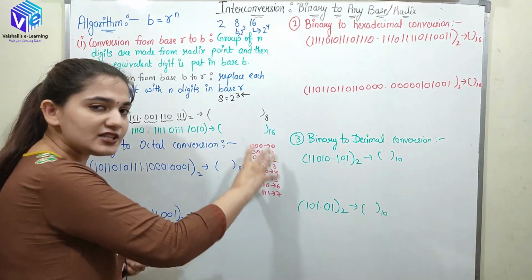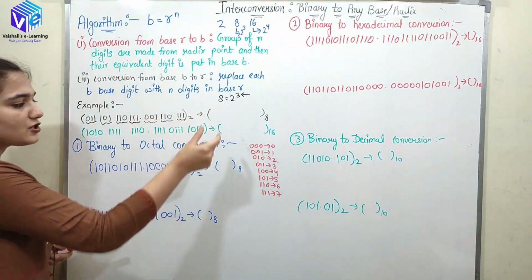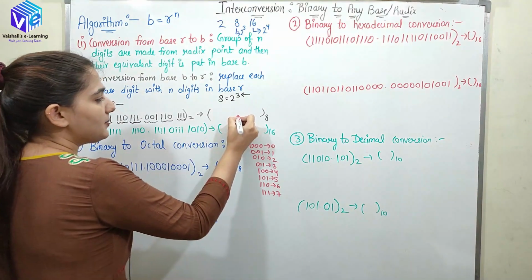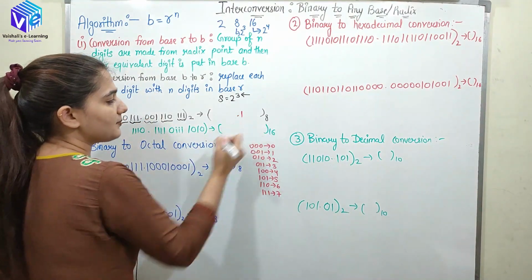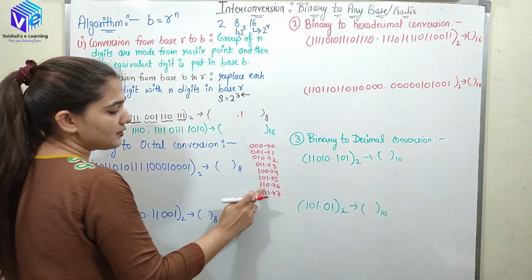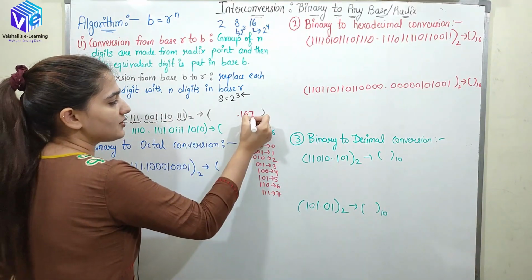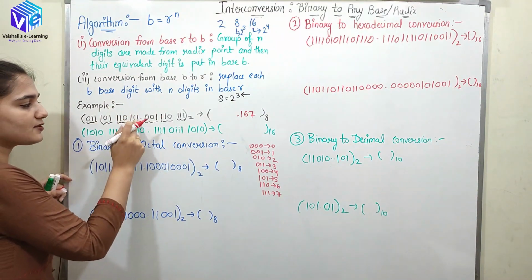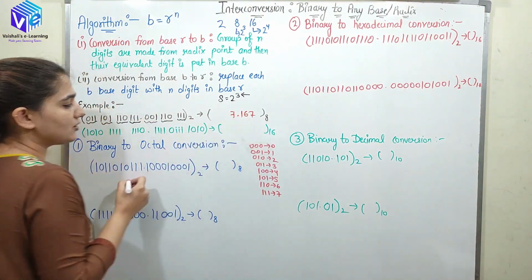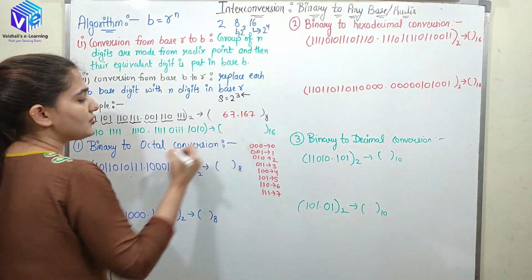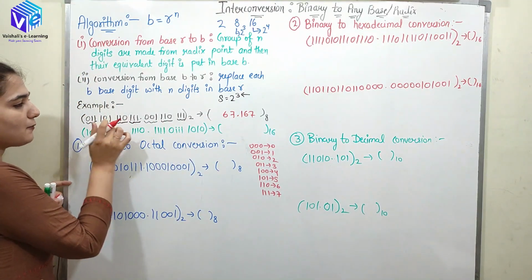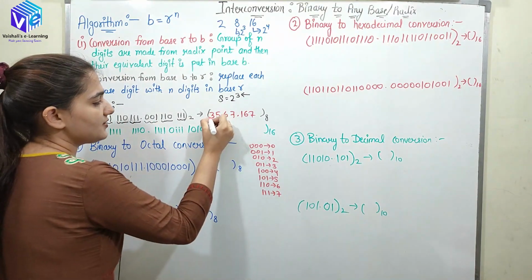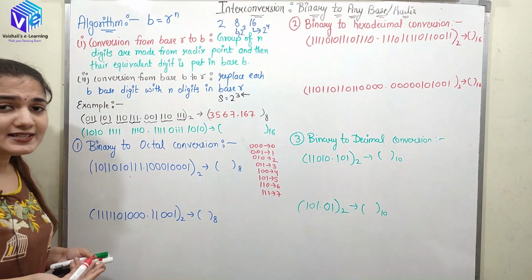And when you have this chart, you just need to see which number is present, right? So now here we have, after the point I will be writing 0, 0, 1, which represents 1. Then we have 1, 1, 0 which represents 6, 1, 1, 1 which represents 7. Now in the left of the radix point, here we have 1, 1, 1 which represents 7, 1, 1, 0 which represents 6. Then we have 1, 0, 1 which represents 5, and we have 0, 1, 1 which represents 3. So wasn't it easy?